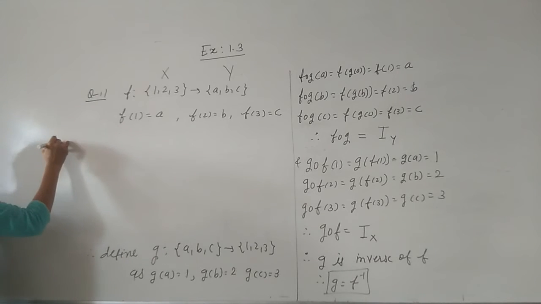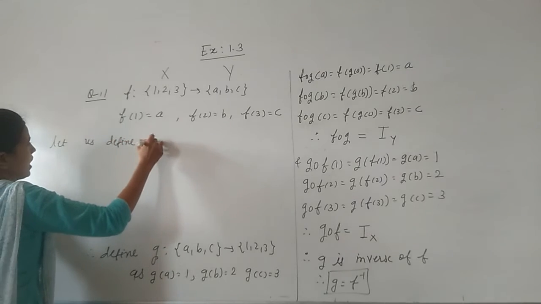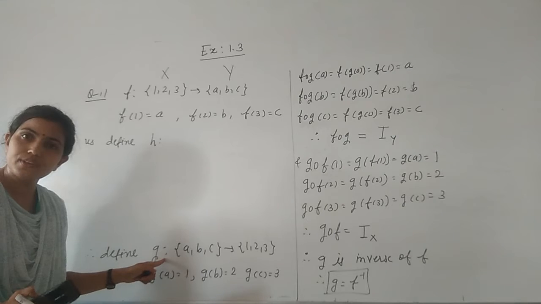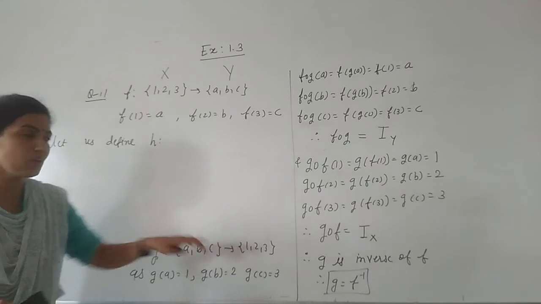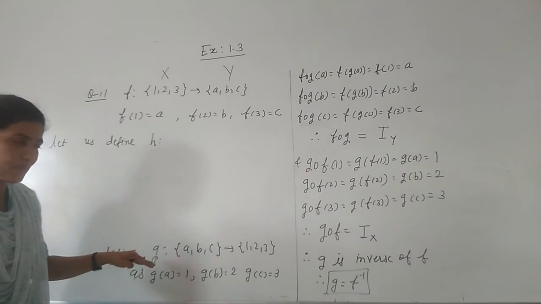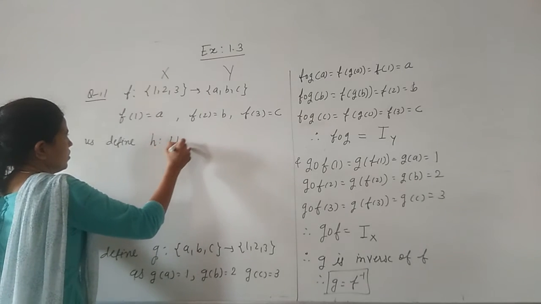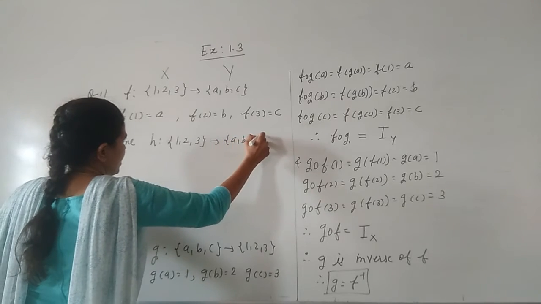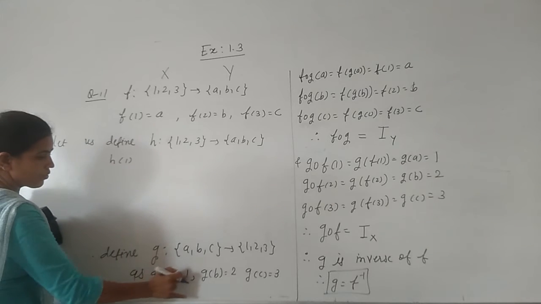here let us define h. Now h हमको कैसे डिफाइन करना है? तो फिर g पर ध्यान दीजिए. What is g? ABC to 1 2 3. So h को हमें क्या करना है? डिफाइन करना है इनवर्स ऑफ g के फॉर्म में. So it will be defined from 1 2 3 to A, B and C, right? And how we define that, h of 1 इसके इनवर्स के फॉर्म में.